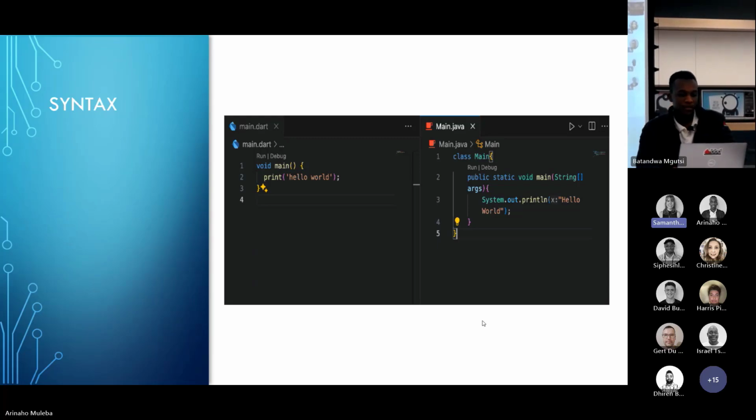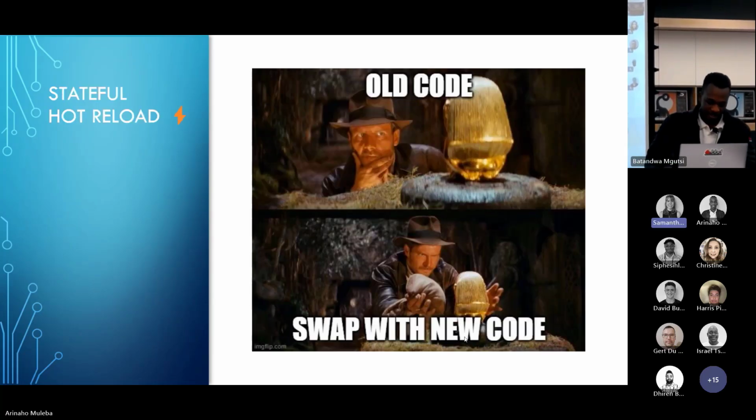We have already established that it is a compiled programming language, but in addition to ahead-of-time compilation, it also has a just-in-time compiler, which allows you to swap code without having to recompile the app. So you can change the app while it's running. In development, this is a game changer because you don't have to wait to recompile the app. I don't know if you have experienced this, but while I was building apps on Android using Java, most often I had to recompile the whole app just to see a small change.